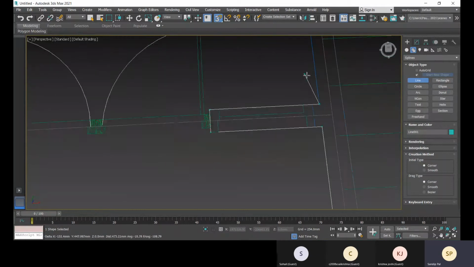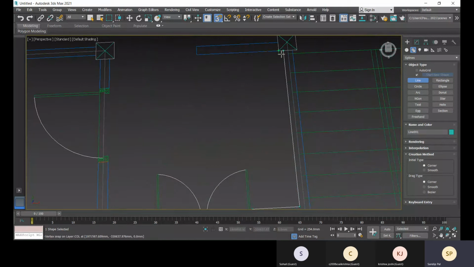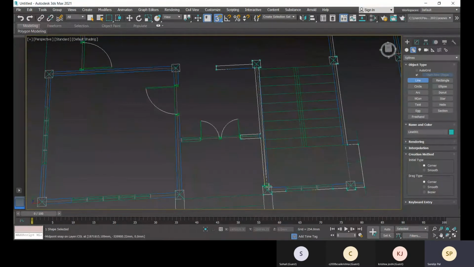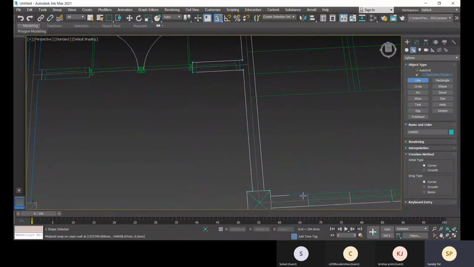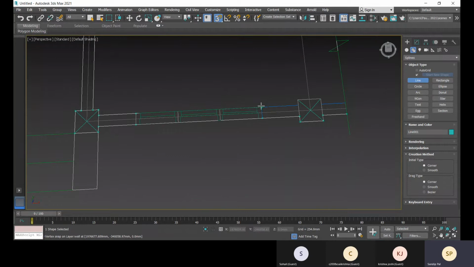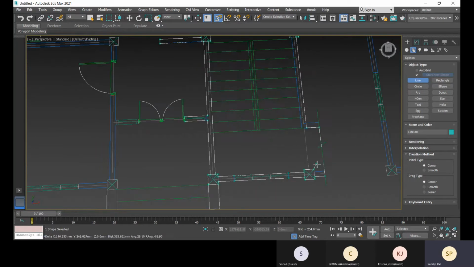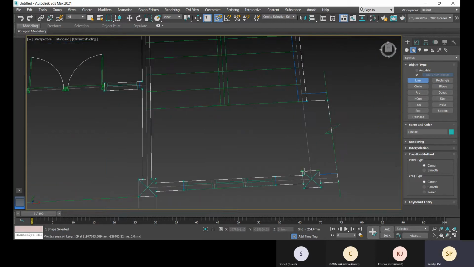So this way you have to place it. You have to place your line. So here it should be continuous.